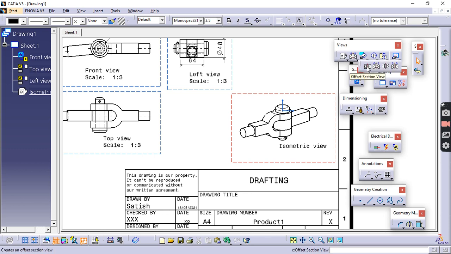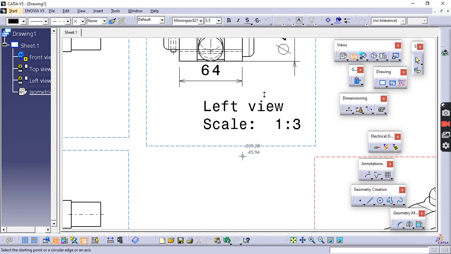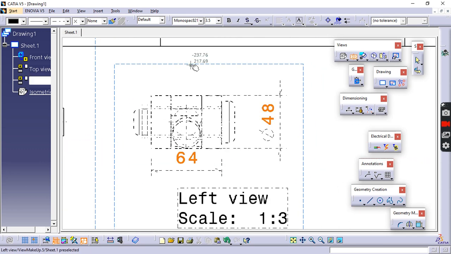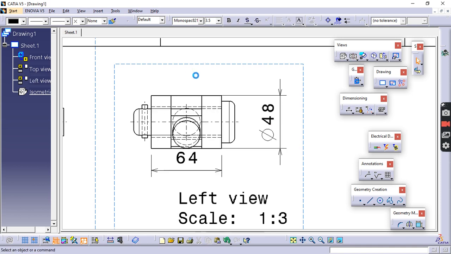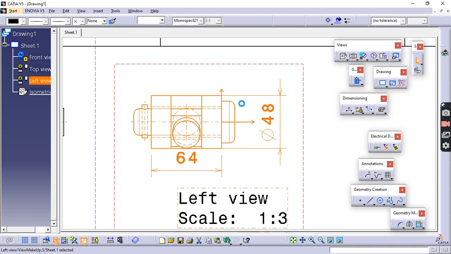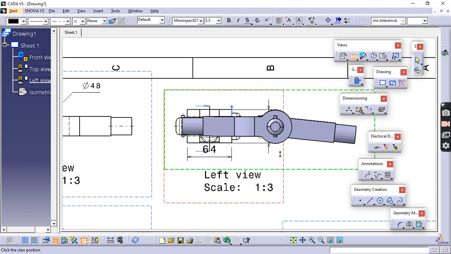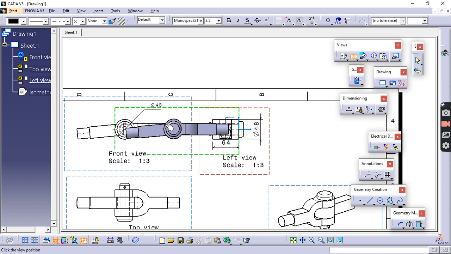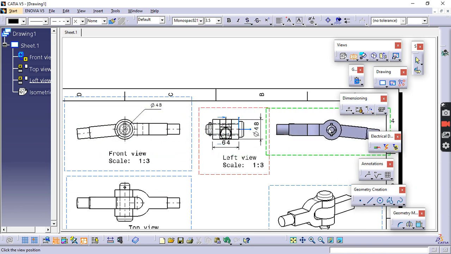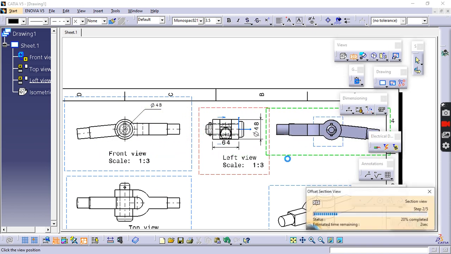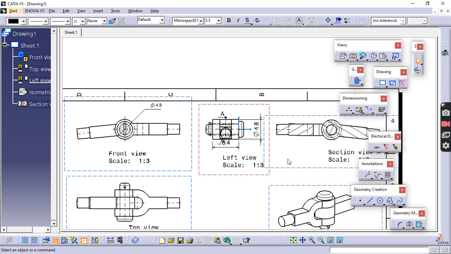So now there is an option called sectional view. If we want a sectional view, then take this and select a profile. Now this is not active, so first I will make it active. Double click it, it will be red. Go to sectional view. From where you need, just click it, double click on the other point, then it will ask whether you need it on this side or this side. So click it outside, so you will get a sectional view.